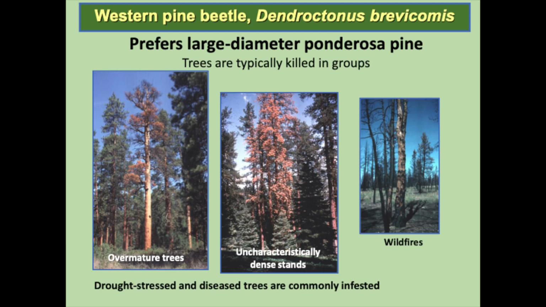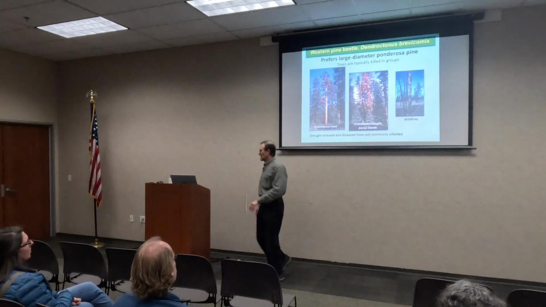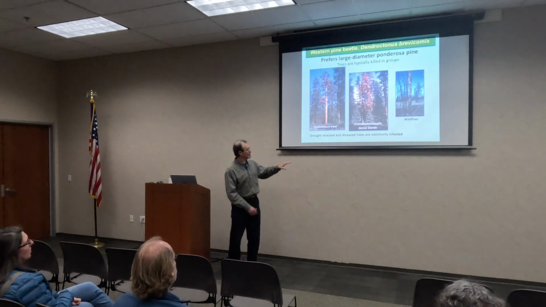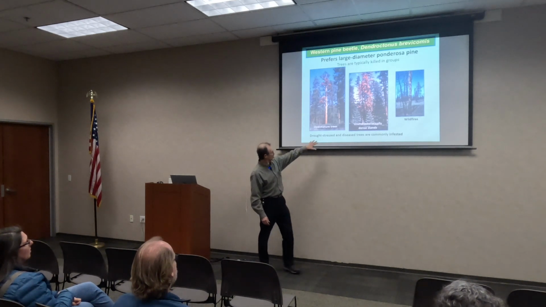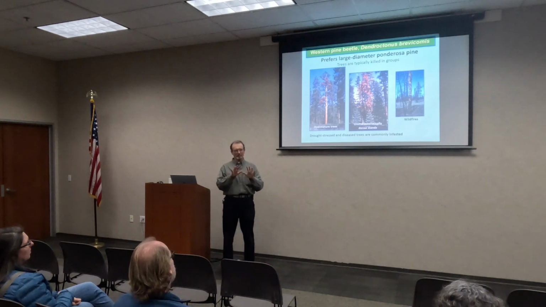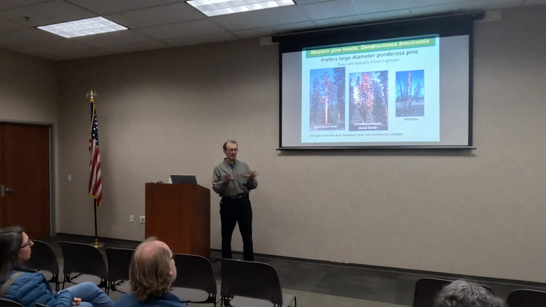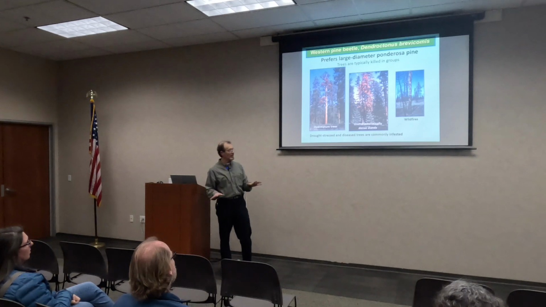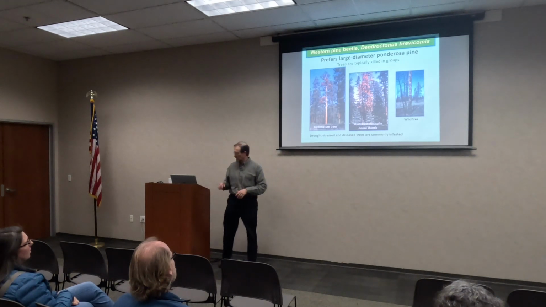It would prefer trees in dense stands. It would be able to reproduce in many wildfire-killed trees. But then, of course, it also is related to drought stress and disease. And it is the most serious bark beetle in terms of our timber resource, because we utilize a lot of ponderosa pine,